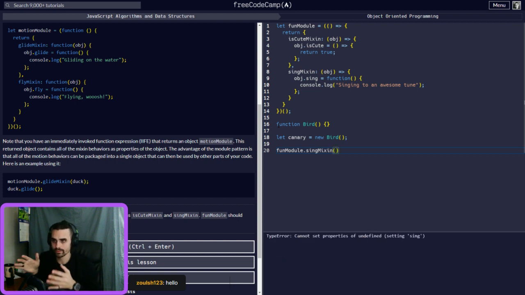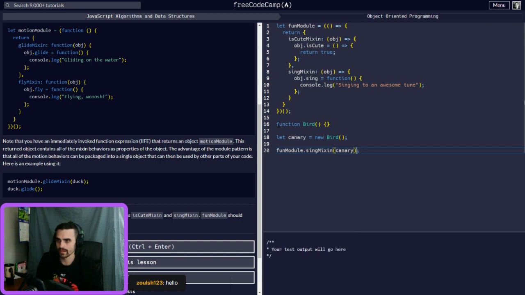And when you're using an editor, a lot of this stuff should autofill for you, so don't feel like you need to know every single thing. So now we're adding the sing mixin into canary, and then when we call canary dot sing